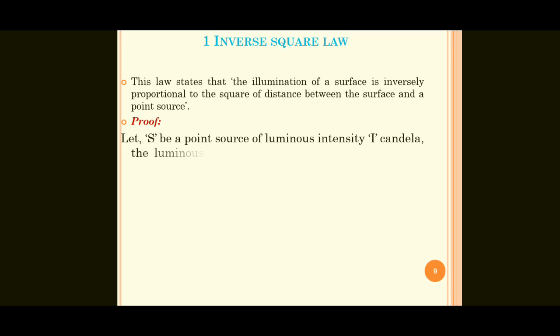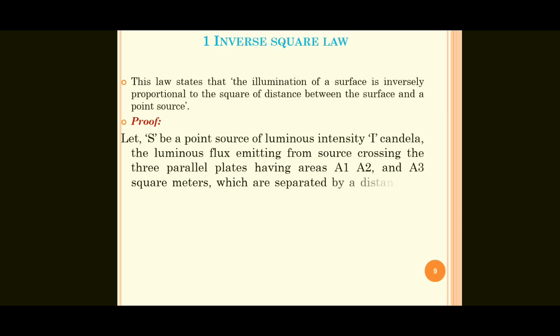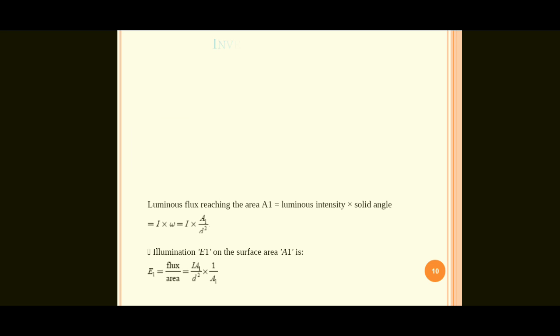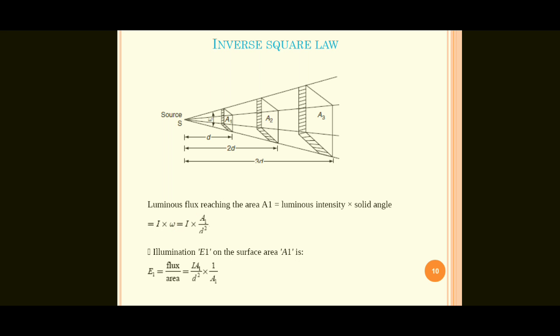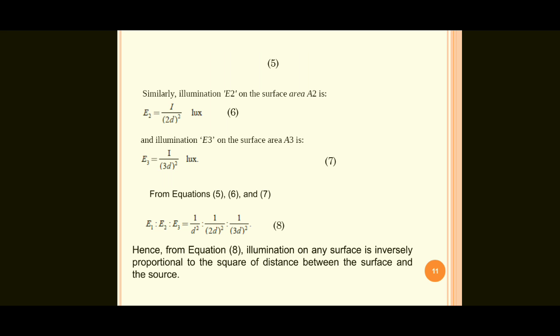So here, in next class I will explain these two laws of illumination in detail. So here proof different areas. For first area 1 by d square, for second area 1 by 2 d square, and next area 1 by 3 d square, because the distance is different, d, 2d, 3d, like that. But the illumination is inversely proportional to square of the distance.